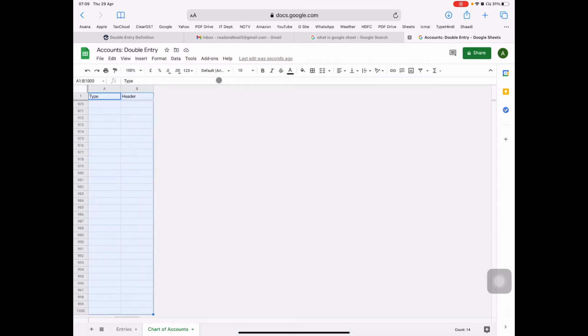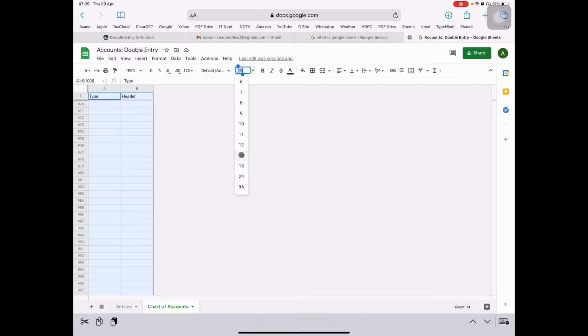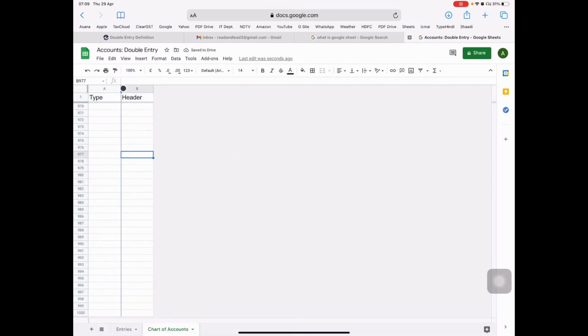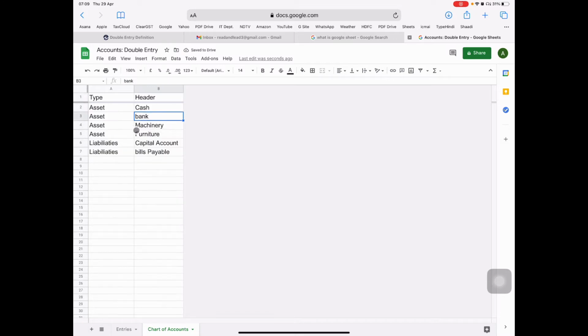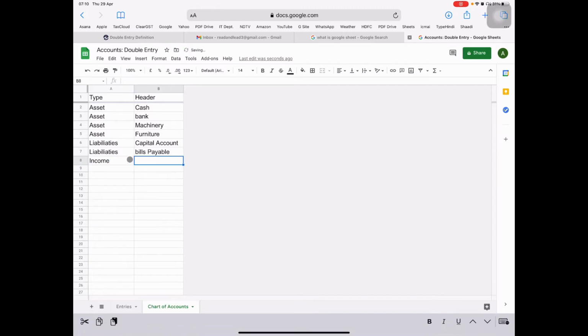Okay, I have added a few ledgers. You can add a few more in the income and expenses part also, so I am going to add them also. Like for the income part, we have sales, and we also have interest income. For the expenses part, we have many expenses like electricity expenses. Another one is, I'm just copying it down for making it faster. Okay, then rent expenses.